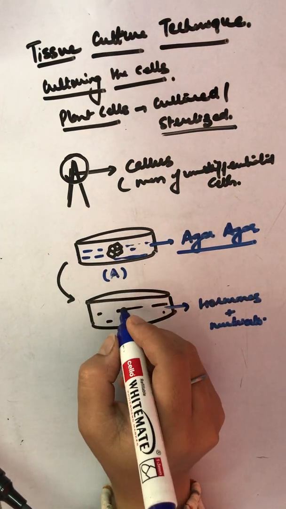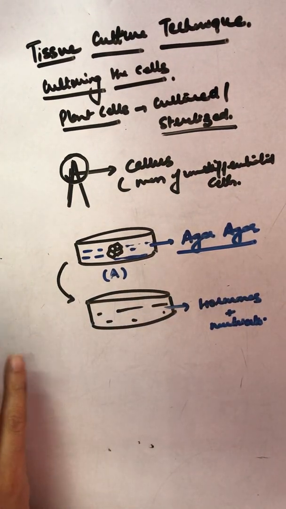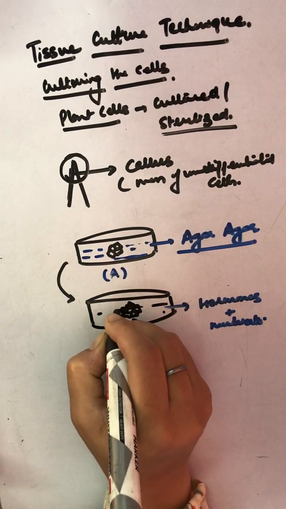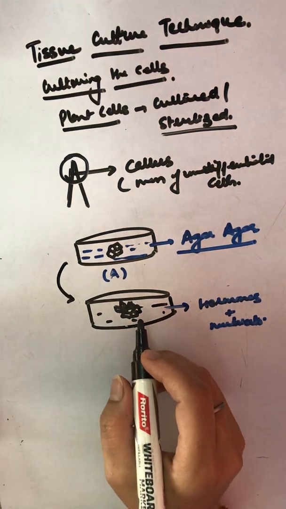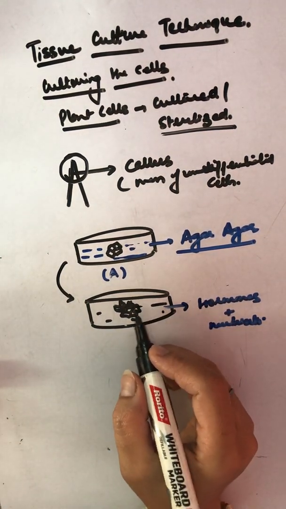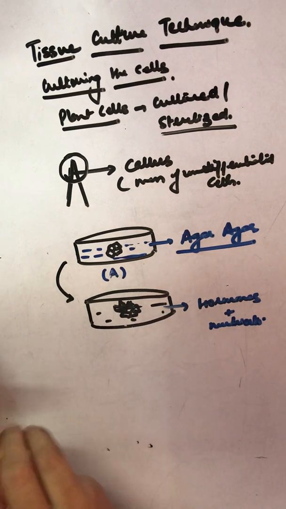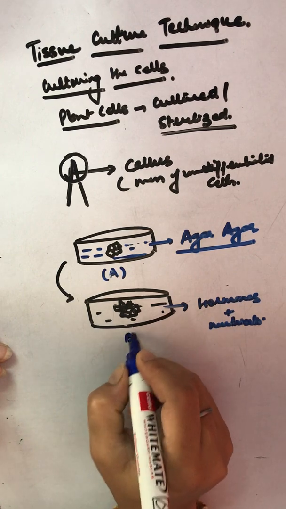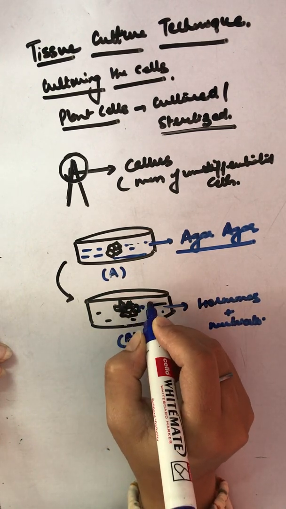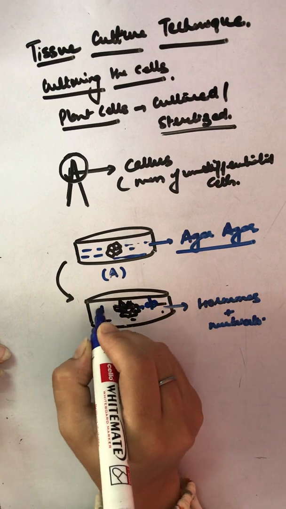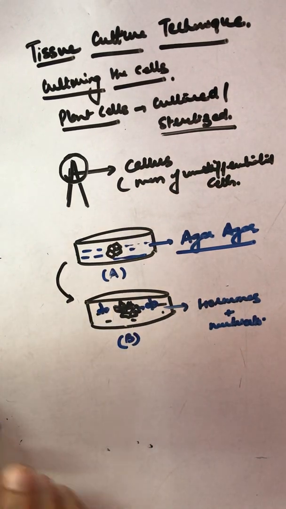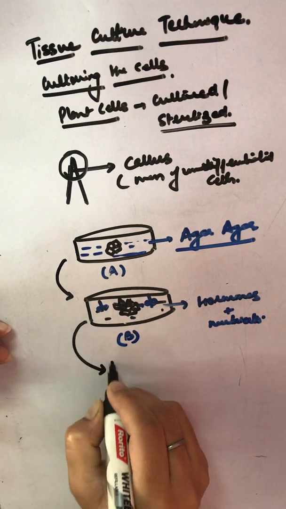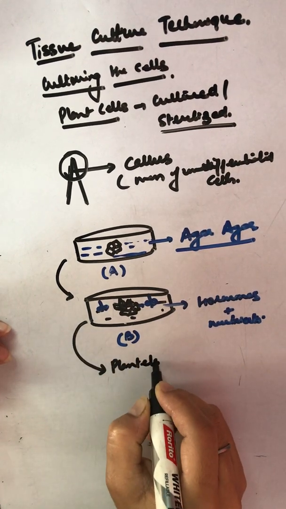So this callus gets further differentiated and is shifted here. And ultimately here the plantlets are growing and give rise to a particular shape and get differentiated further. So in this it will definitely acquire a shape. These plantlets will acquire a shape and the mass of cells will get differentiated. From here, the plantlets are recovered